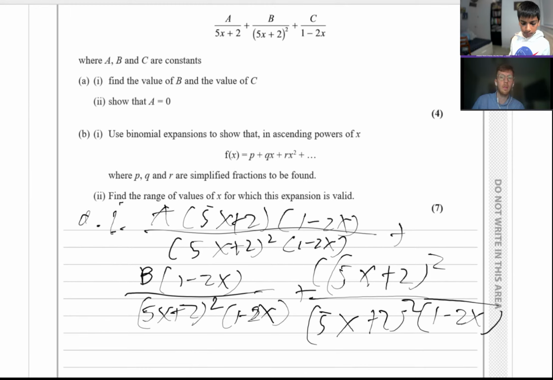Good. So essentially we're adding those fractions together, finding that common denominator, timesing through by what's needed to get